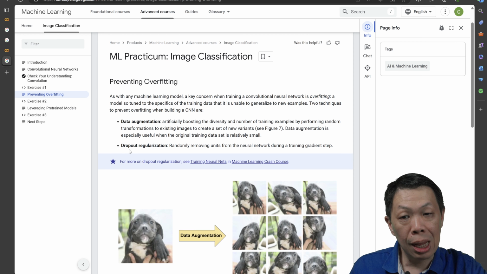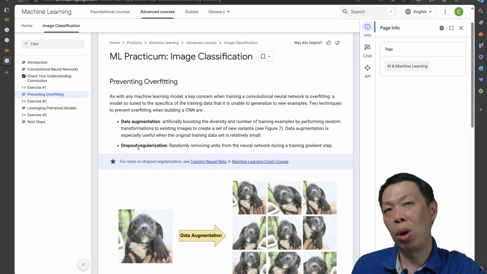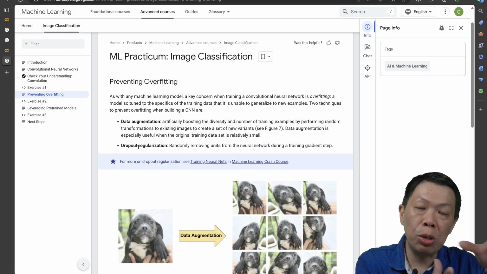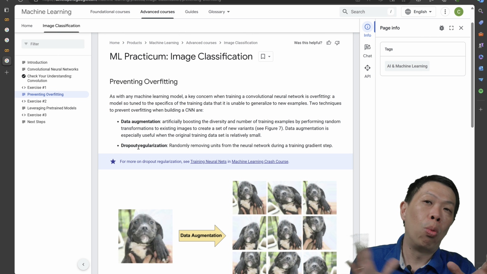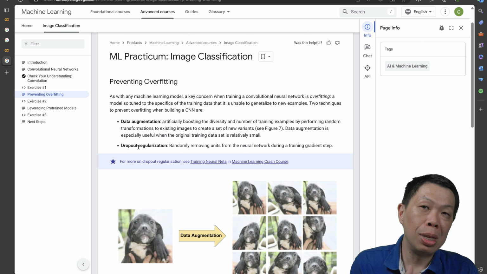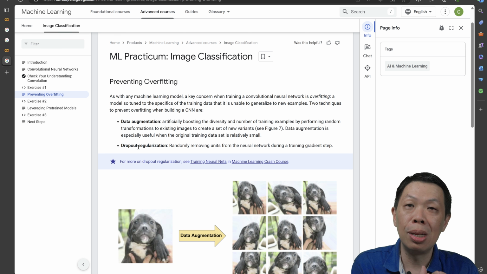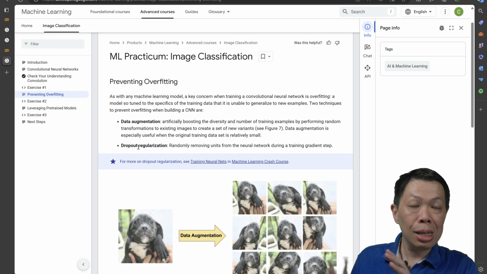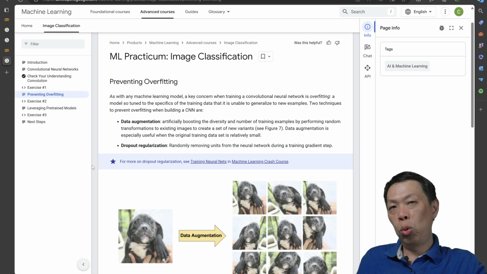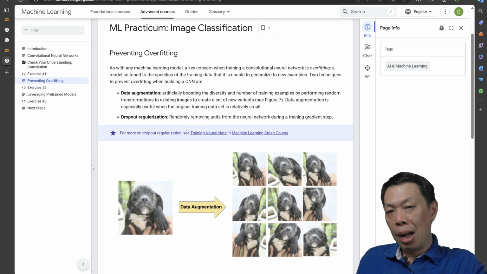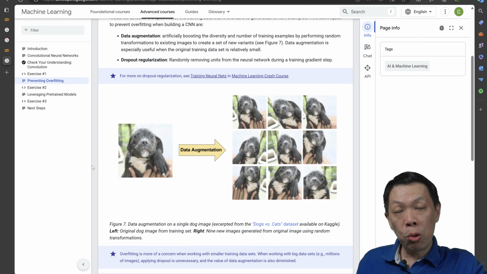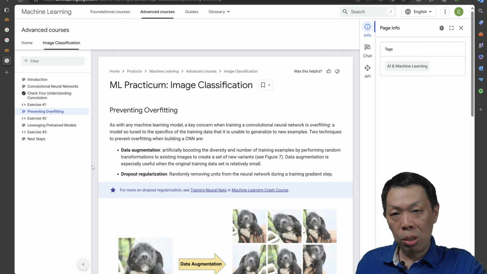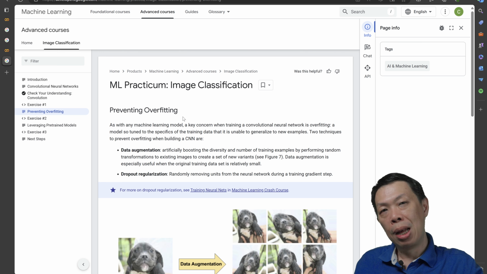So another thing is dropout. That's when you do the training, you randomly drop some of the nodes, so it forgets what it learned before, because if it remembers, it means it's still overfitting. So we randomly drop some of the nodes to do the new training. So there are several ways we can do the tuning. But we need a very concrete data set. So the Google dog and cat recognition exercise is pretty good. So I recommend going further.